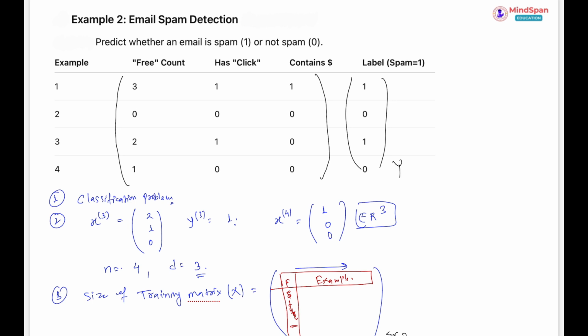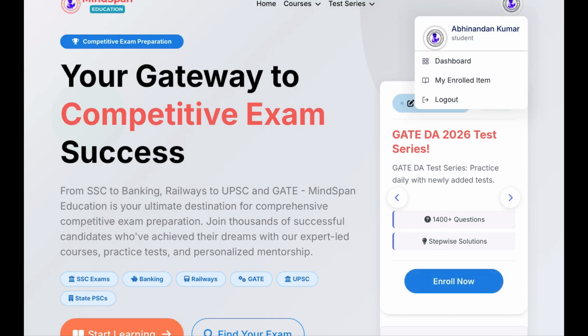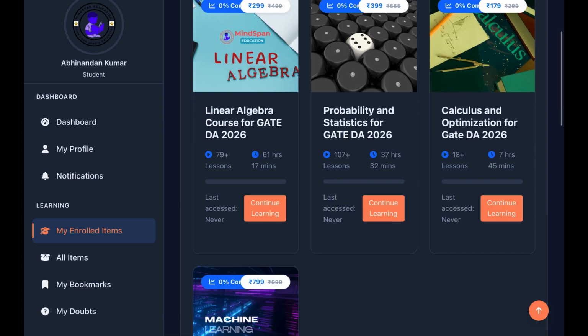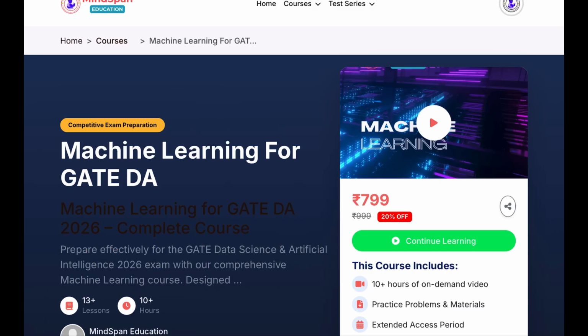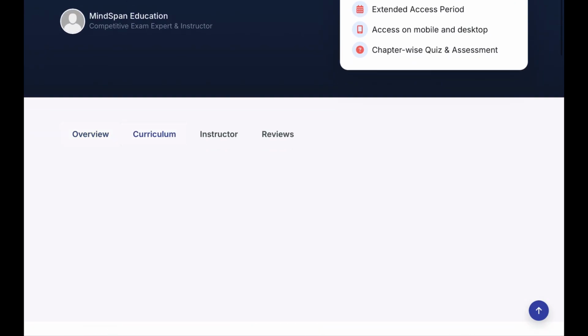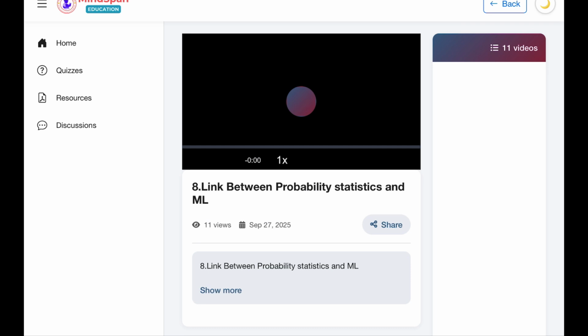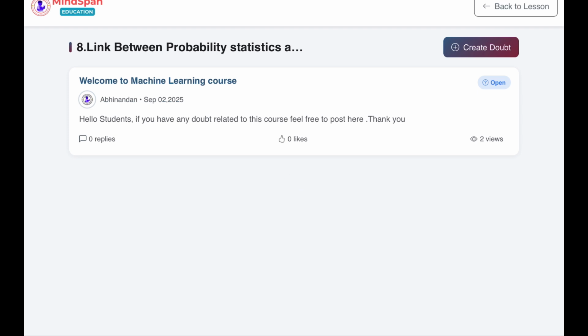सबसे पहले तो डाउट के बारे में बात कर लेते हैं कि डाउट कैसे पूछना है। अगर आपको लेक्चर के ड्यूरिंग कोई डाउट आ गया तो आपको कुछ नहीं करना है। आप जिस भी कोर्स में इनरोल्ड हो, जैसे कि मशीन लर्निंग के कोर्स में, तो उसमें जाओ और जहाँ से भी आप लेक्चर देखते हो किसी भी लेक्चर को ओपन करो, राइट। यहाँ पे ये जो डिस्कशन सेक्शन है ना इधर लेफ्ट साइड में, उस पर आप क्लिक करो, राइट।